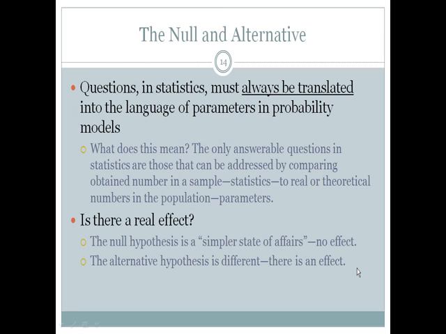So, when we have a research hypothesis, these questions must always be translated into the language of parameters in probability models. What this means is that the only answerable questions we can tackle in statistics are those that can be addressed by comparing the numbers we obtained in a sample to the real or the theoretical numbers from a population. So, when we ask the question, is there a real effect, or is there a real change in numbers, we are